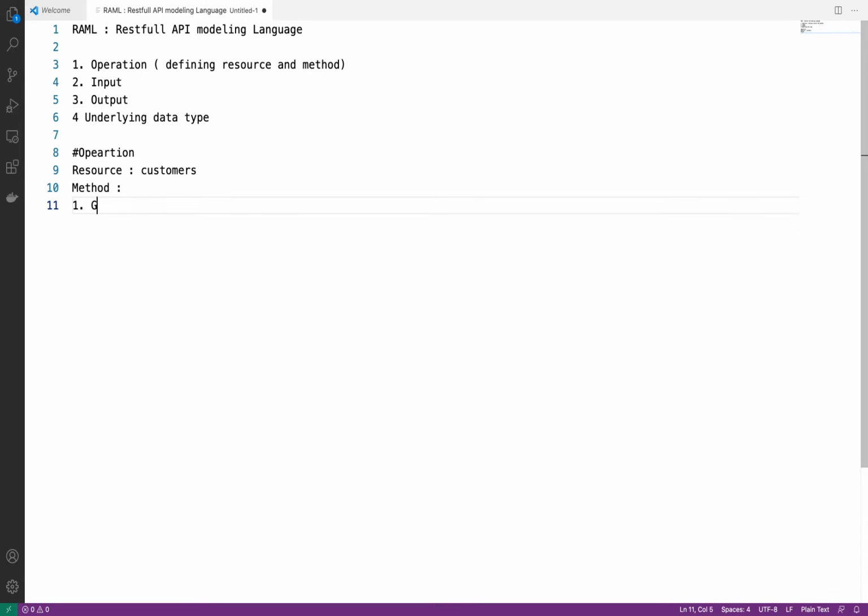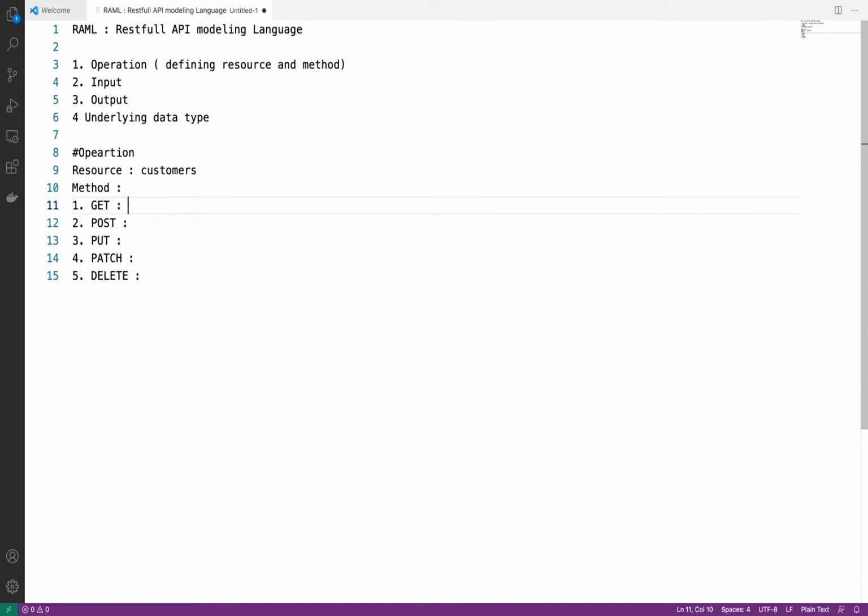Actually we have multiple methods, but we will focus on these: first, get, second, post, third, put, fourth, patch, and fifth, delete.